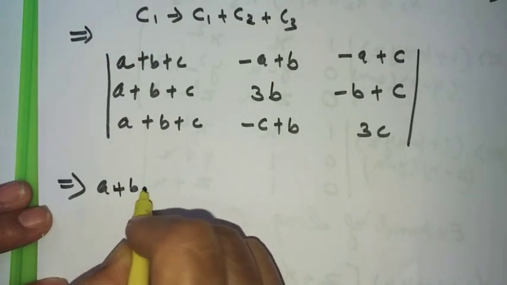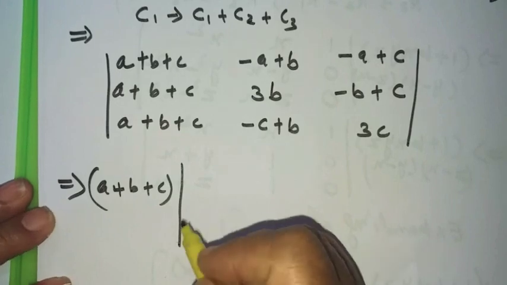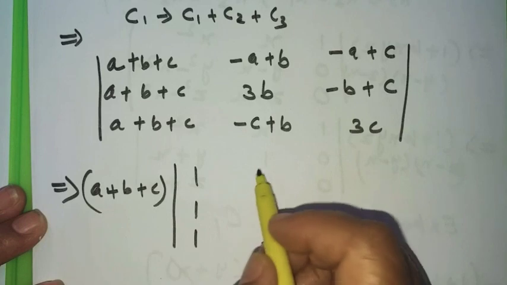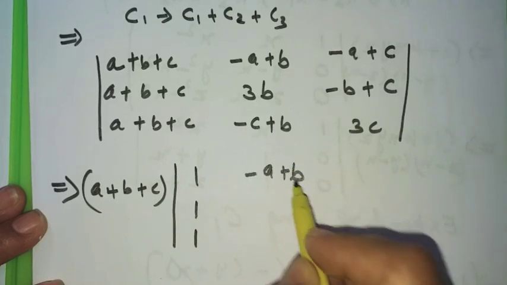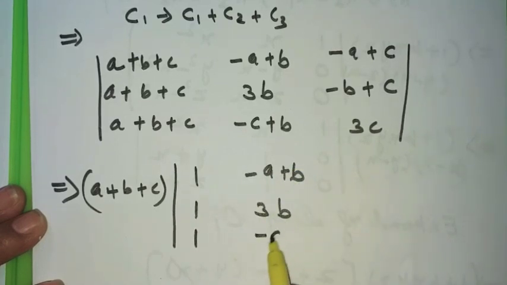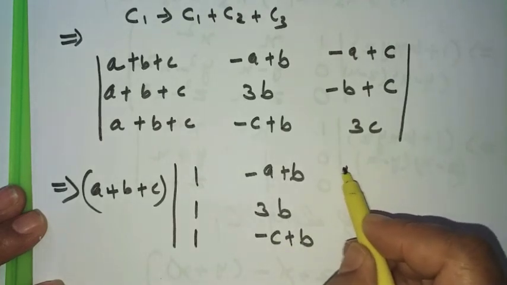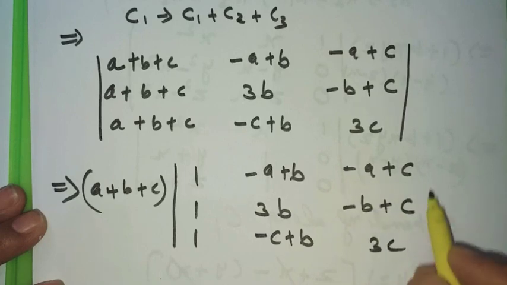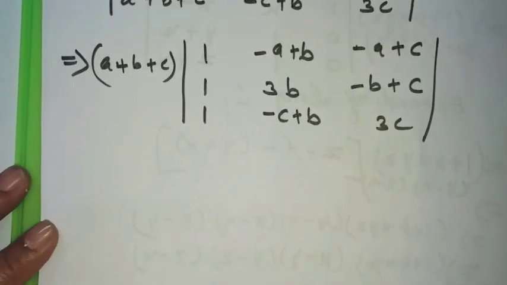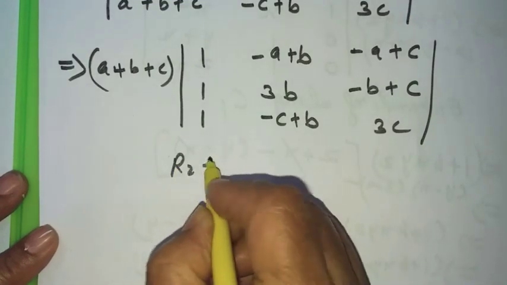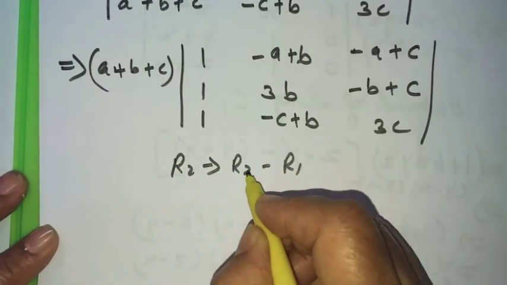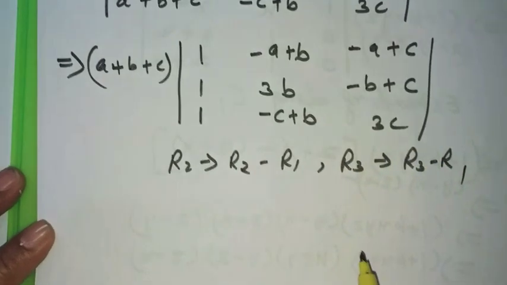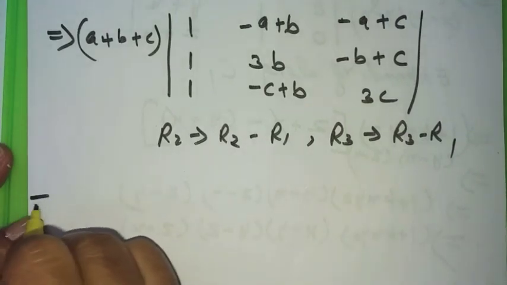So I have taken a plus b plus c common now from this step, and I get 1 1 1. From first column I am taking it common, so I am left with a plus b, 3b minus c plus b, minus a plus c, minus b plus c, and 3c. And what is the next step? We can now do this step, that R2 goes to R2 minus R1 and R3 goes to R3 minus R1. So I get